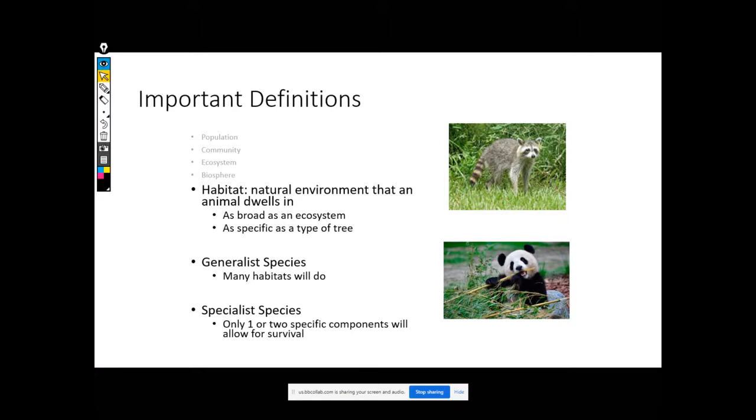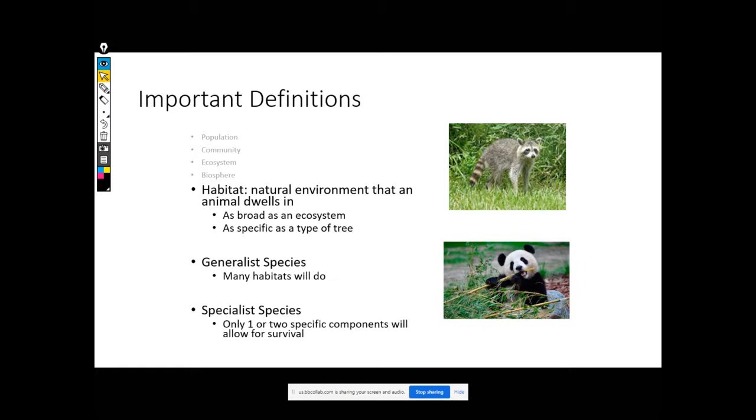All right. So by and large, the other way that we can start to categorize organisms, and this will play into later on when we start thinking about what makes species successful, will they go extinct, as we're going to talk a bit about extinctions this semester, are generalists versus specialists. This is asking about how many different types of habitats, or how broad of a habitat, can those organisms subsist in?